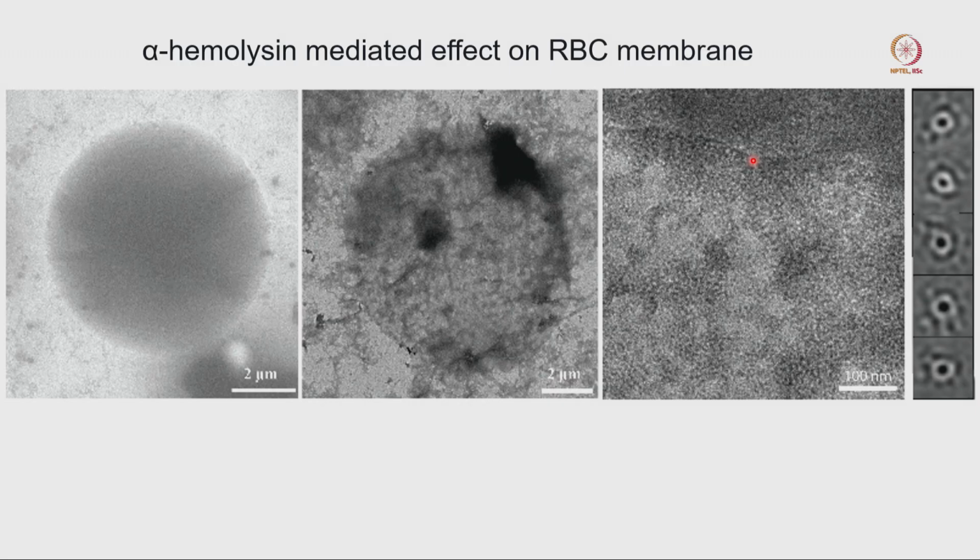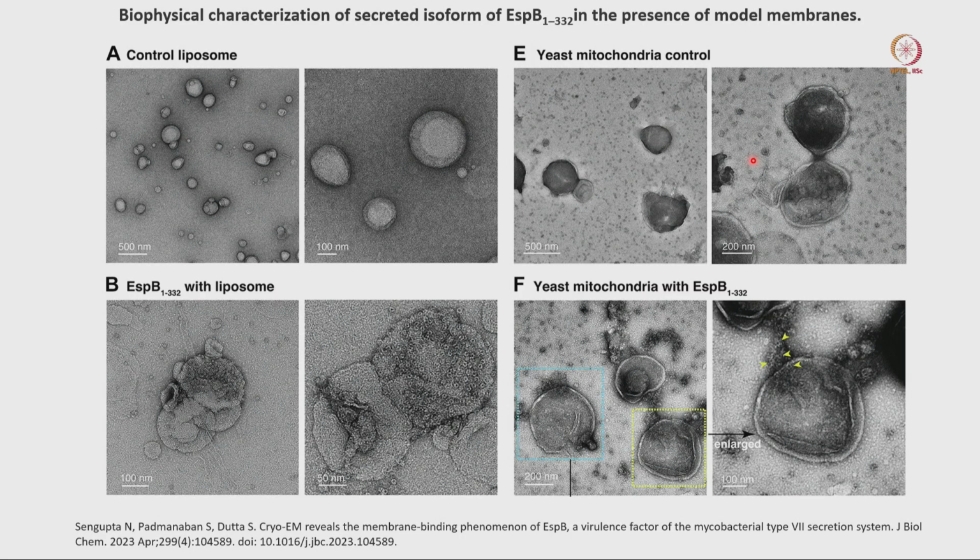Now this is the last example I am showing. So far we discussed the bacterial cell. What about any other cell, if you have a purified protein and we use that purified protein, how is this purified protein going to interact? So here you can see there are some control liposomes. We imaged them at different magnifications, where you can see this circular thing is very clean with smooth boundaries, and those are basically our liposomes.